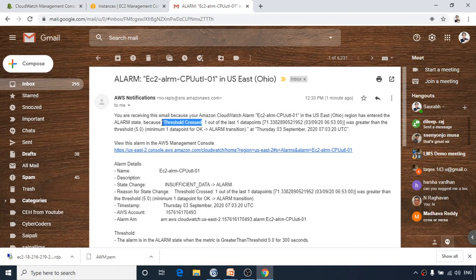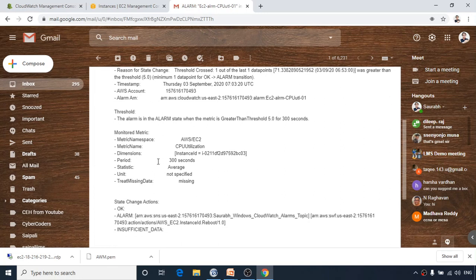Can you see now? So the IT person, the administrator of the company, maybe is on vacation, maybe he is at home, maybe he is traveling, anywhere he is, he will immediately get an email to his email ID or her email ID, to getting know that maybe the processor utilization is too much, and he may now think what to do now next. He may talk to maybe the another guy who is working in the office, or maybe he can take remote desktop, or he can do whatever he want to do because he has got a notification now. So it is telling that view this alarm in AWS management console. Here is the alarm, the name of the details are here, all the details are mentioned here.